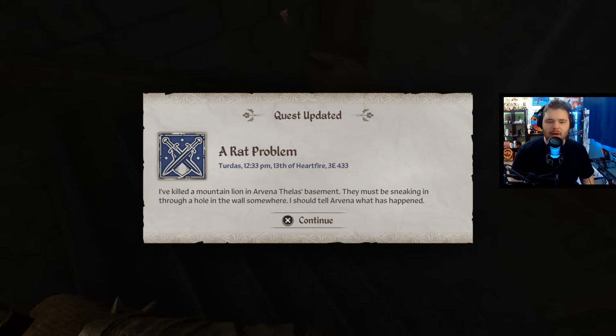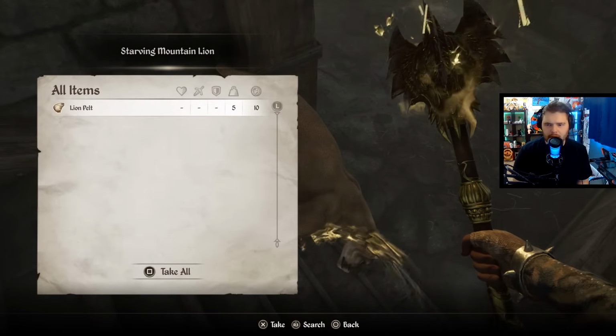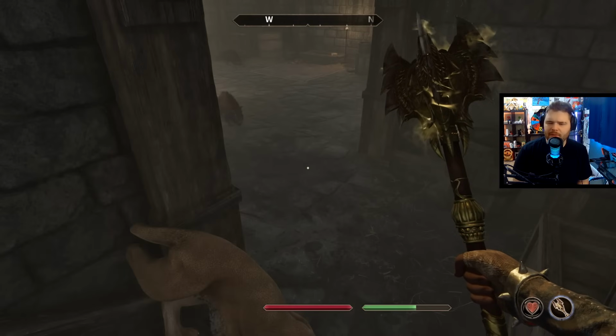I've killed a mountain lion in Arvina Thalis' basement. They must be sneaking in through a hole in the wall somewhere. I should tell Arvina what happened. We'll take a look at this guy, too. He's got a lion pelt. You do need a pelt for something, but I'm forgetting what...